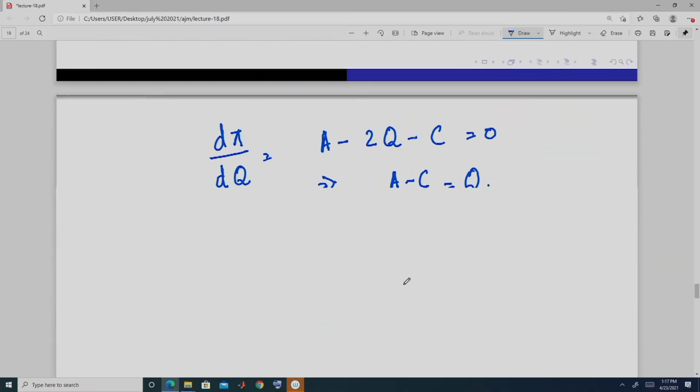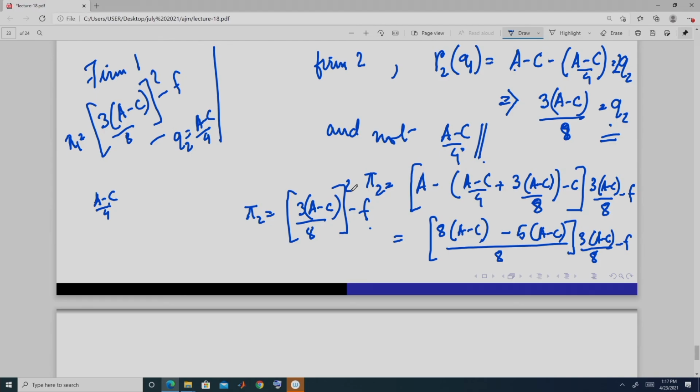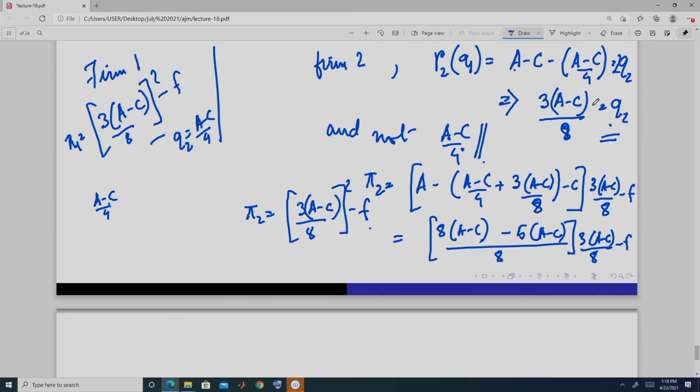Because if they decide to produce half of the monopoly output, then the profit can be at a higher level. But they cannot decide on that. They cannot come to a conclusion, because if firm 1 decides to produce half of the monopoly output, firm 2 based on its reaction function is going to produce this much output and its profit is going to be higher than half of the monopoly profit. Similarly, if firm 2 produces half of the monopoly output, then firm 1 is not going to choose half of monopoly, instead it is going to produce this much output, and the profit is going to be greater than half of the monopoly profit. So, that is why they cannot come to an outcome which is better than a Cournot outcome,